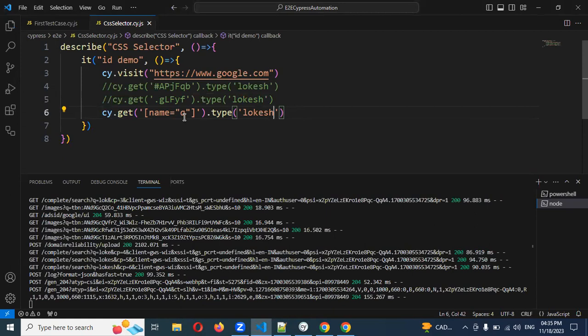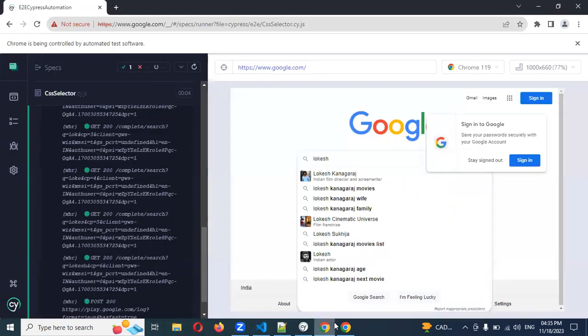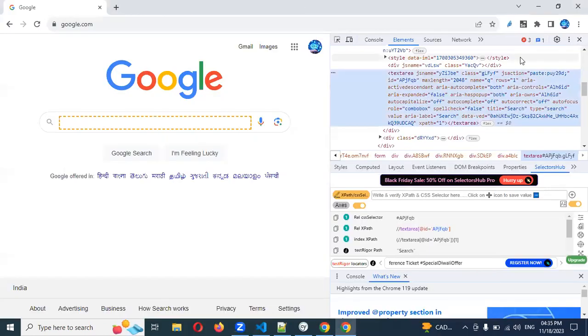This is the only one attribute you can take. No, you can take any one of them, any one, which works perfectly. Those things we can take. If the JS name is there, you can go and take the JS name